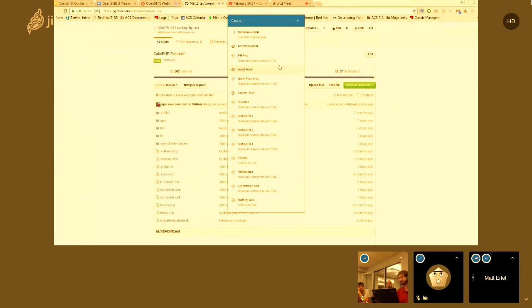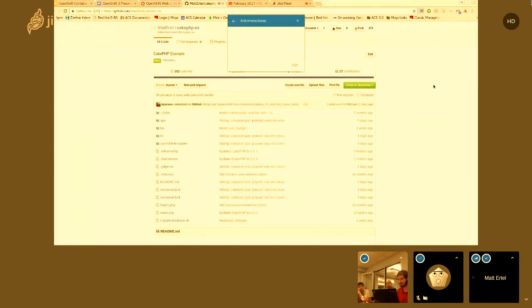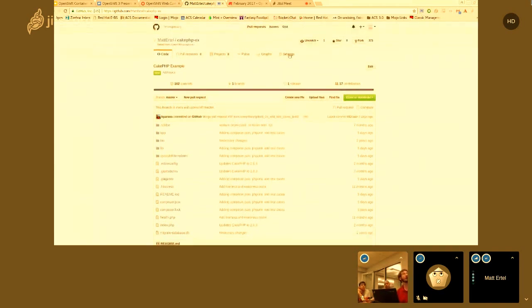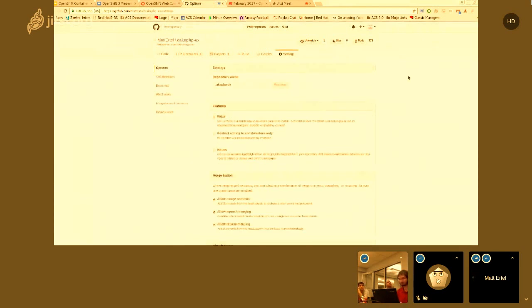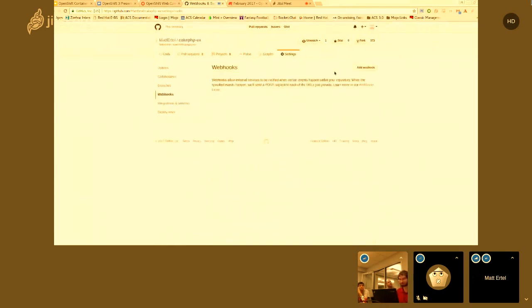Switch. Good call. Yeah. So here's my GitHub repo where I said I already forked this from the main one. So we pulled that webhook URL that it's going to try to hit. We could go right into here, into webhooks, and add a new webhook. So throw in this URL,